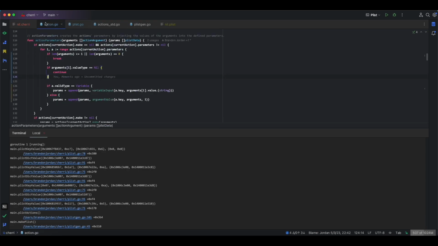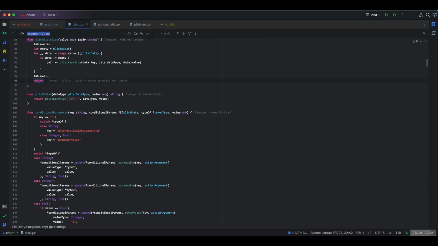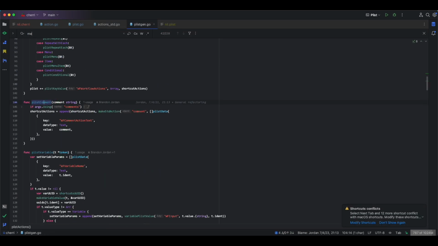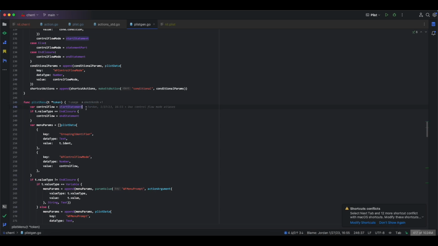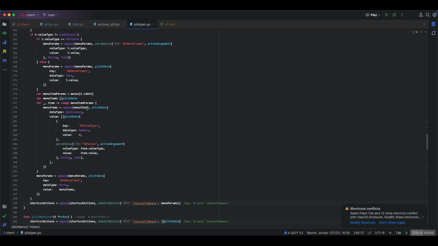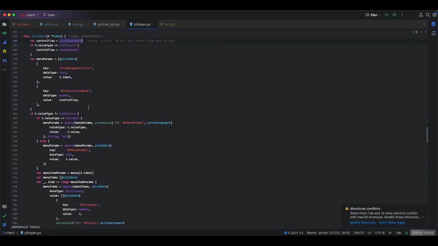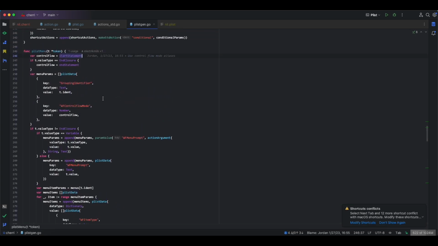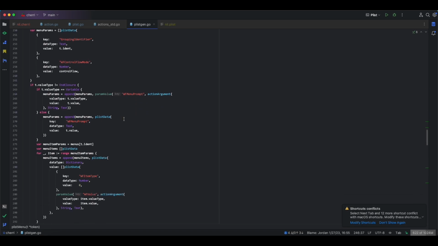So that is menu, which is probably just, yeah, it's plist menu. I don't think it's any more complicated than this. Yeah. It's a pretty simple action, actually. It's a little difficult because it's got stuff, but